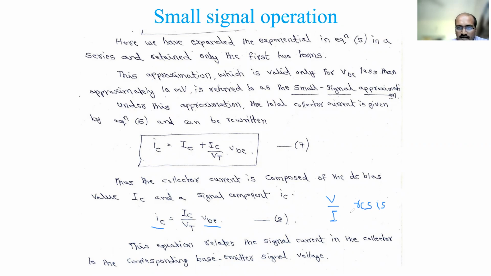Now input to output is happening, that's why it is trans. The word came as transresistance, but in this expression there is a reverse ratio, I by V. Since it is I by V, the reciprocal of resistance is conductance, and it is input to output, so that's why the term is transconductance. So along with the collector current there is a component present, transconductance, and it is given as gm. So this IC by VT we can now approximate as gm. That's what I have shown you in the next slide.